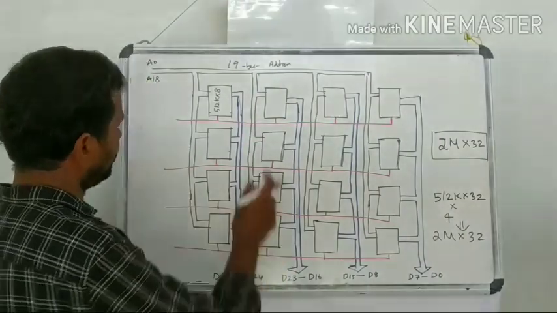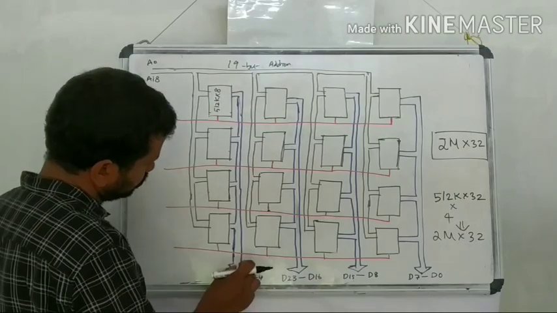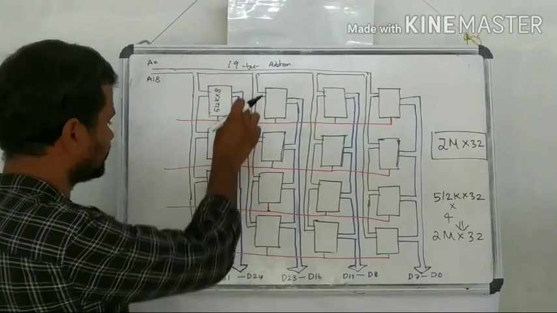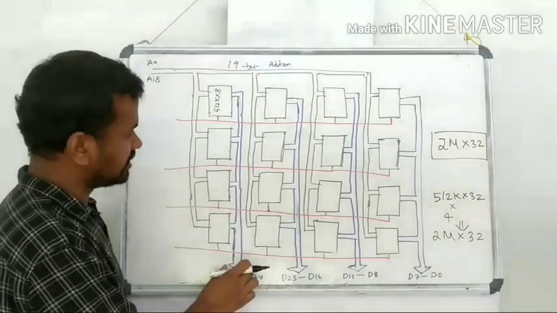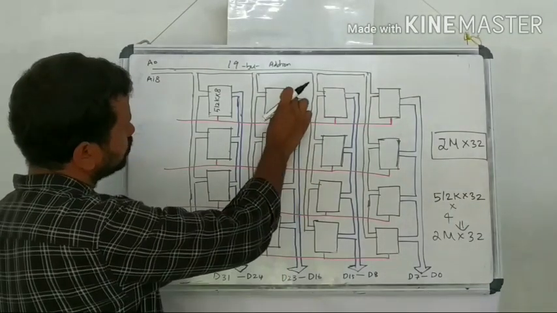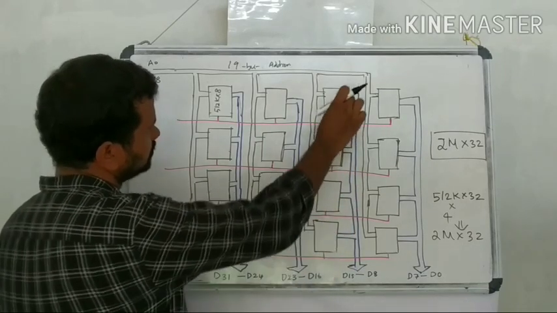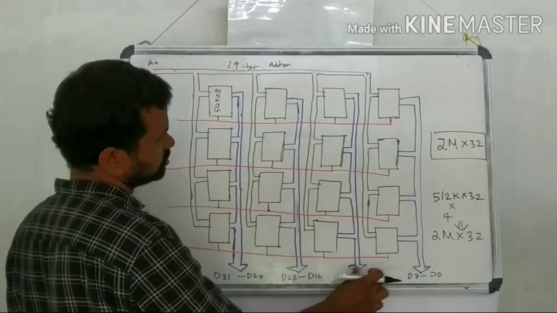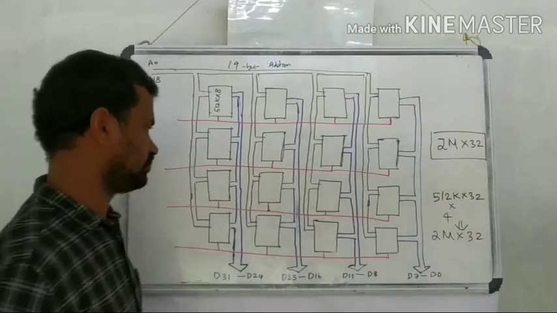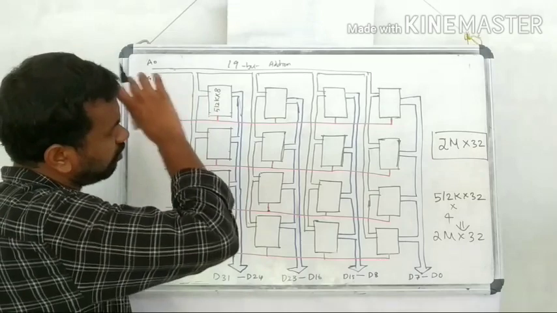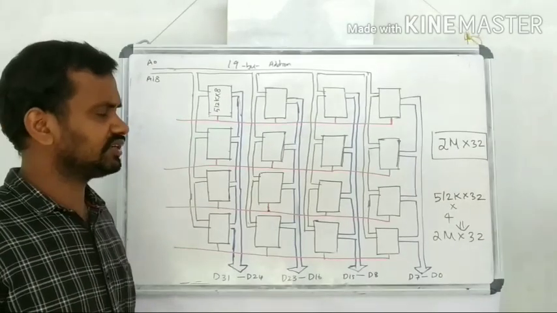But the output bus of all the memory chips in this column are connected to a single data bus, and here the output of all the memory chips are connected to another data bus, here to this one, here to this one. In all these memory chips the data will be selected, but